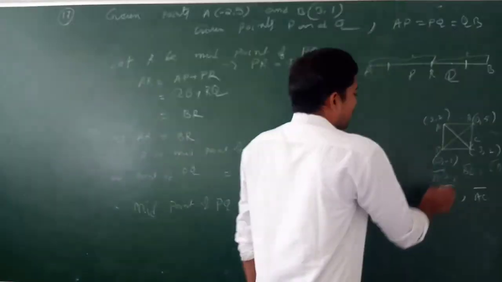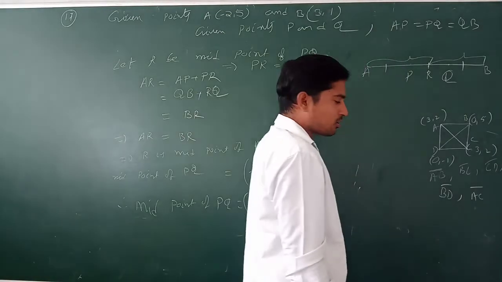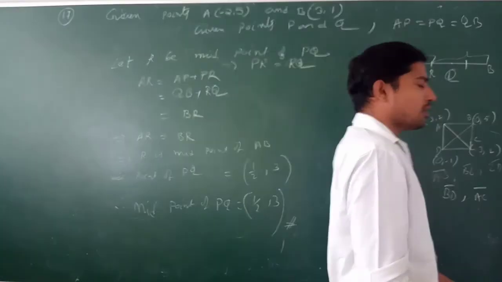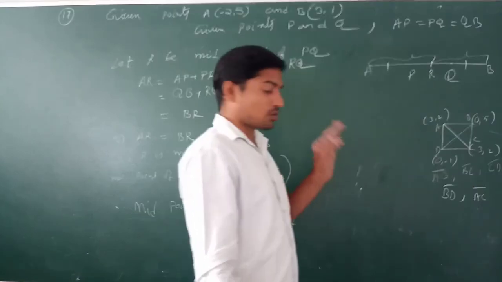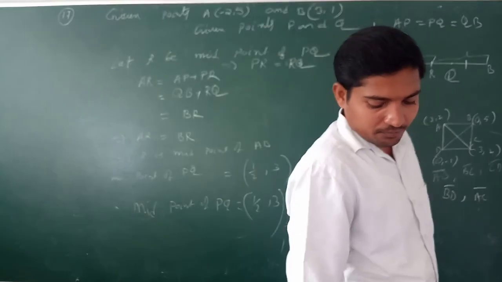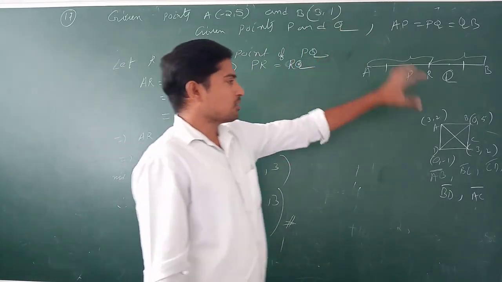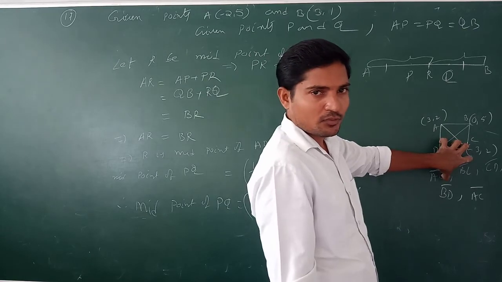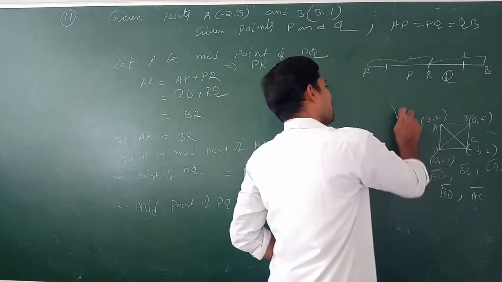Here AB equal to BC equal to CD equal to AD, and also AC equal to BD, then that is a square. This is the process to solve problem number 18, right? That is also homework. For this, apply this method. Then you can decide whether those are the vertices of a square. A very, very important problem this is.